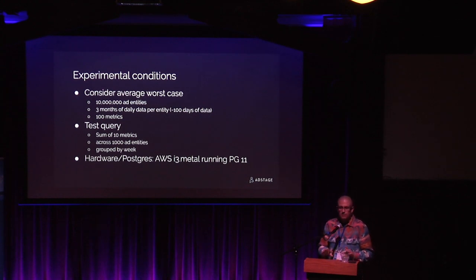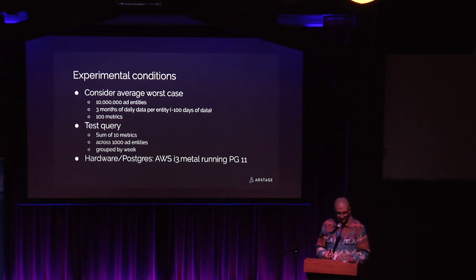And then we're going to say approximately 100 metrics. Very few of our customers store for any individual ad unit more than 100 metrics. An individual customer might have more. We have individual customers with as many as, say, 2,000 different unique metrics. We call them metrics, but they're sets of time series data with a unique identifier. So there's about 100 of those